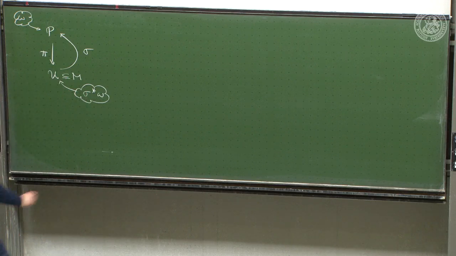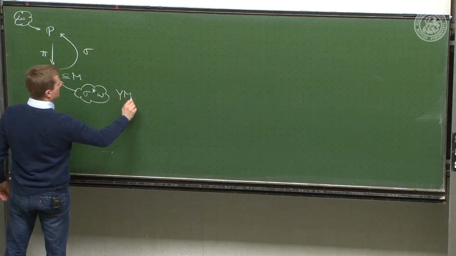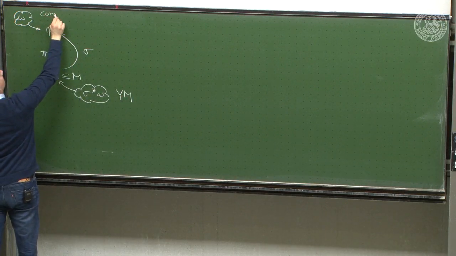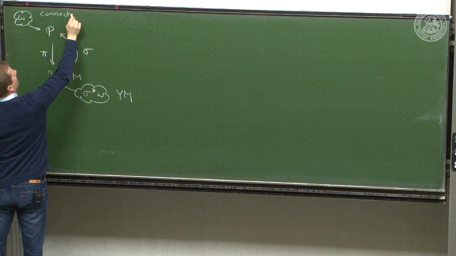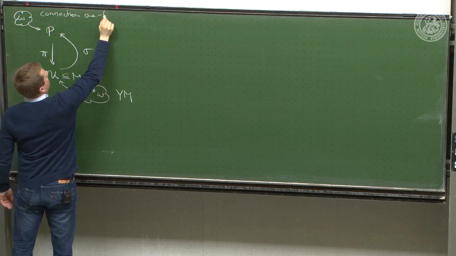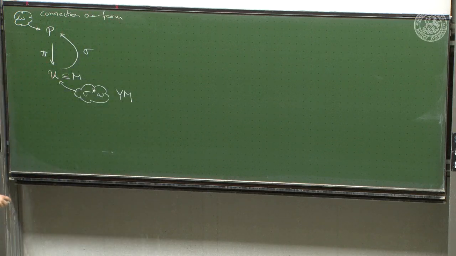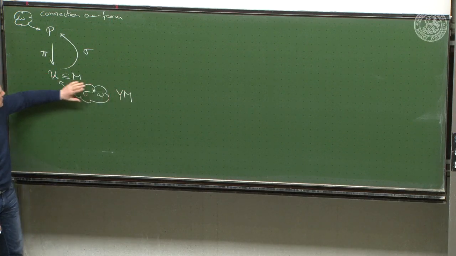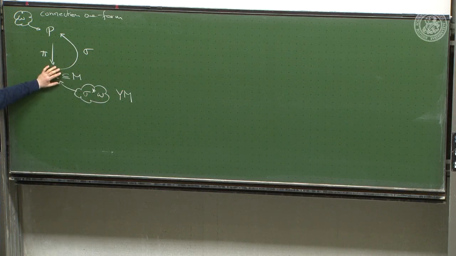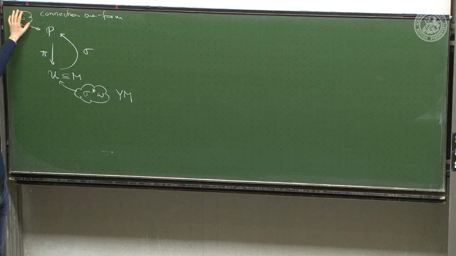And as I mentioned before, this is the Yang-Mills field, and this is the connection 1 form. As I mentioned before, in physics, we very often are prompted to write down a Yang-Mills field because we understand the situation locally, and we can then speculate about whether we can construct a global connection 1 form out of